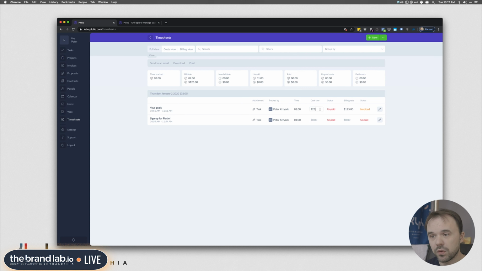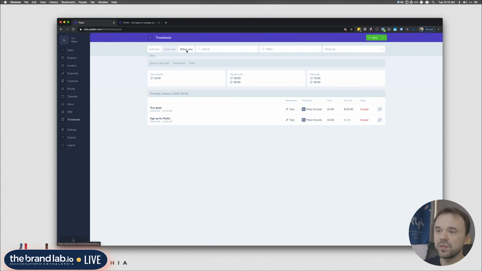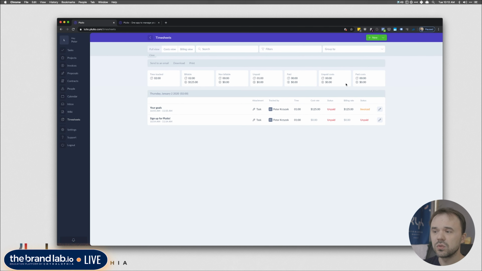And you have categories for what kind of things. For example, you could have different rates for development, design, consulting, driving, delivery, package, whatever, right? You can have different cost rates, which is really, really awesome, and different billing rates. Really awesome. The one thing I do not like, though, and I wish they would improve very, very soon, is while we have a cost view, we have a billing view, and we have the full view, I usually use the full view, this is great, but I do want them to improve this